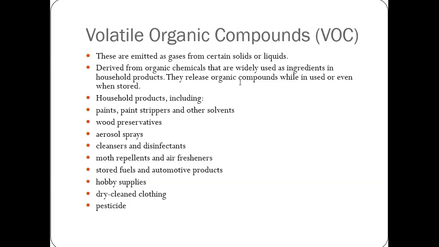We have paints, paint strippers, and other solvents, wood preservatives, aerosol sprays, cleansers and disinfectants, including moth repellents and air fresheners, which are also one of the sources of your VOC. Stored fuels and automotive products, hobby supplies, dry clean clothing, pesticides,